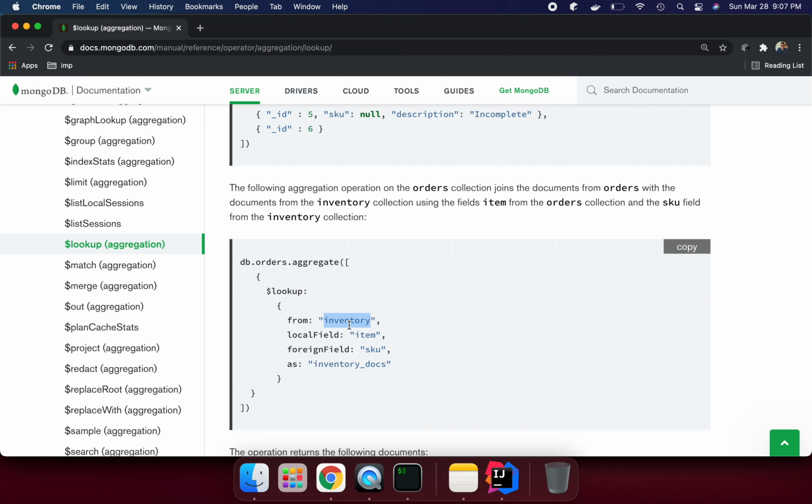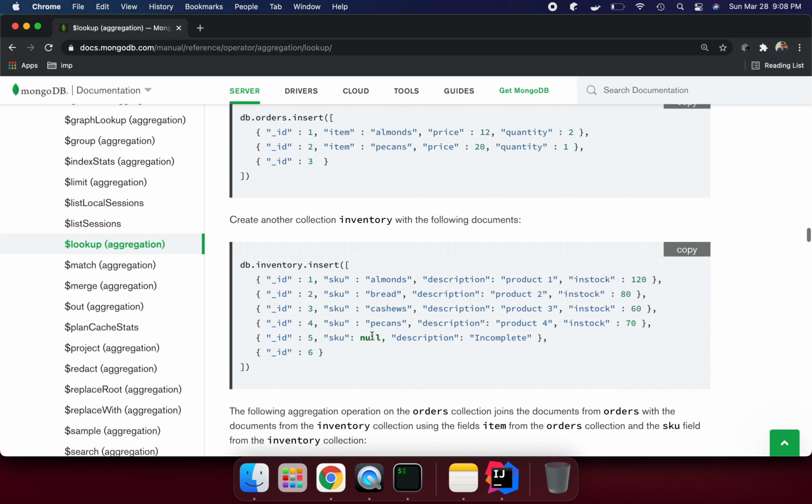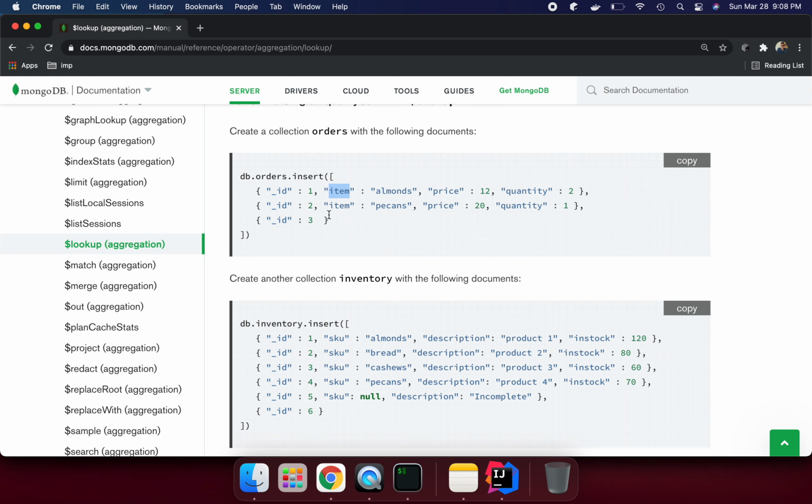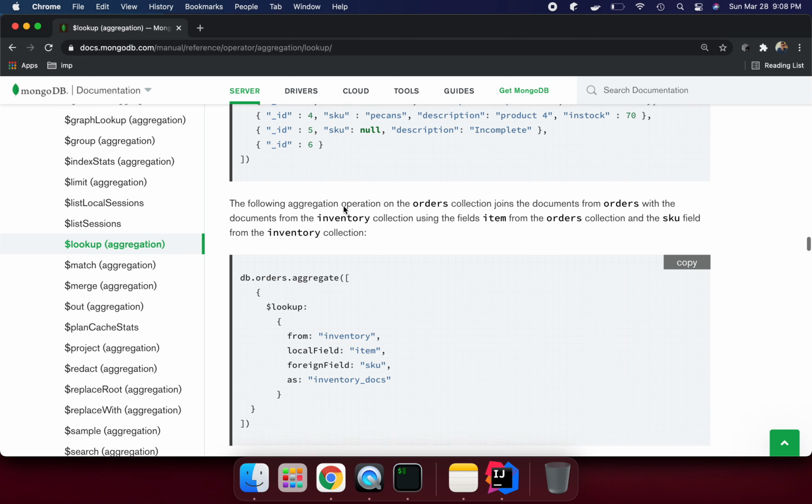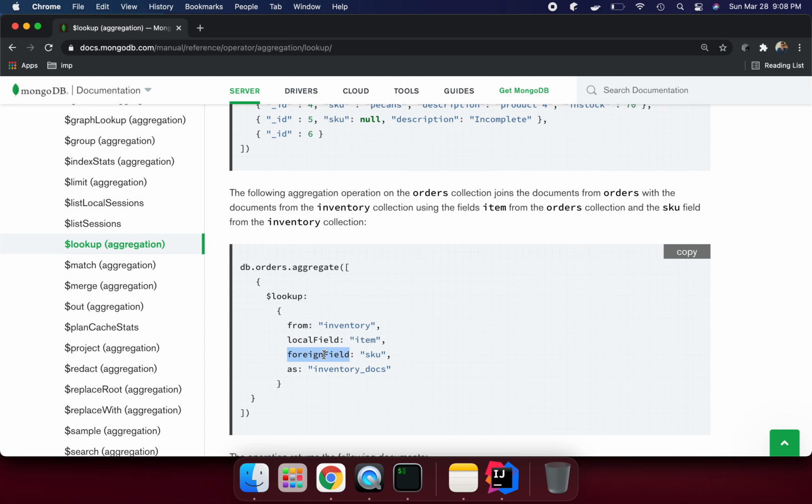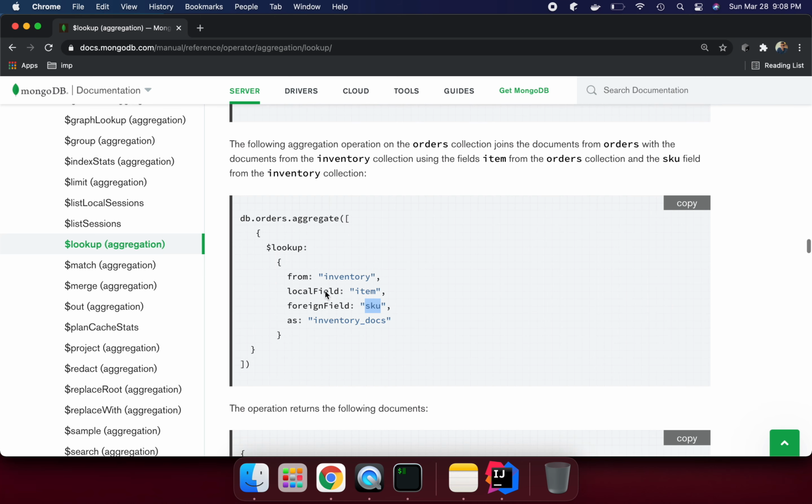Now the localField is from my source collection, so this is item. Here we have this field in my source collection. This item is going to match the foreign field from the inventory collection, which is SKU. And as inventory_docs, whatever result matches this criteria, give me as output into this result.